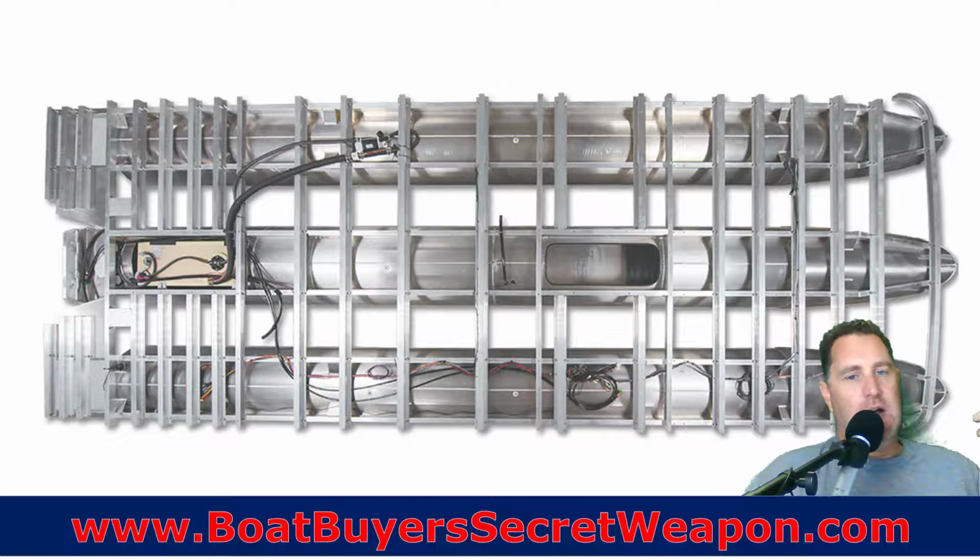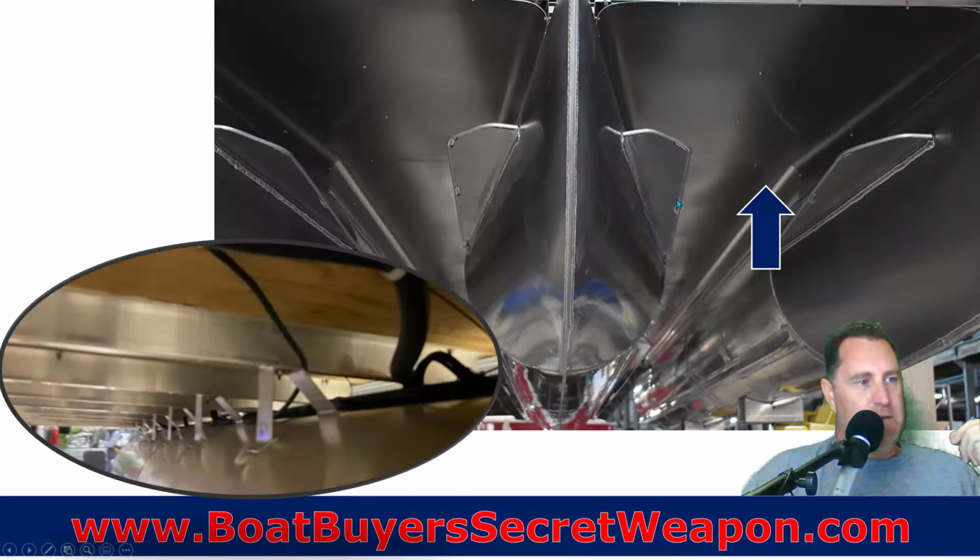So once you get done, you get something that looks like this, all right? You've got your tubes, you've got your risers, you've got your cross members, and then the cross members can either be protected by an aluminum skin. Typically on higher horsepower, 90, 115 plus, you'll see the skin protecting the cross members, or the cross members are just going to be exposed in your marine grade